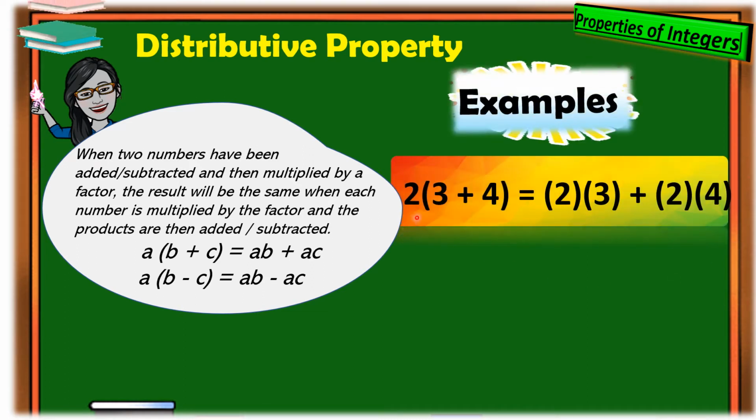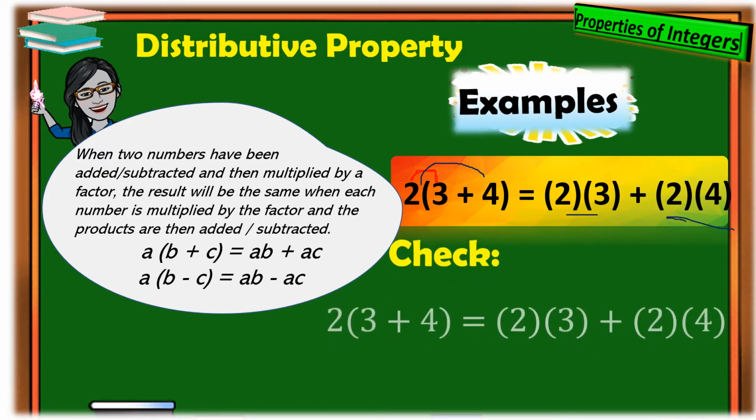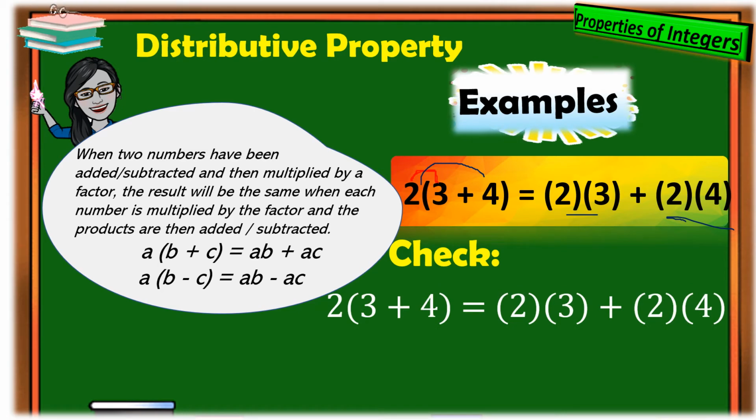So, we have 2 times the quantity of 3 plus 4 is equal to 2 times 3 plus 2 times 4. Okay? So, ang gagawin nyo lang pala is multiply nyo lang. Didistribute nyo. Kaya nga distributive property. Okay? So, we have 2 times 3 and then 2 times 4. Okay? Ayan siya. 2 times 3. Tingnan natin. Okay? Let's see the value. Are they having the same